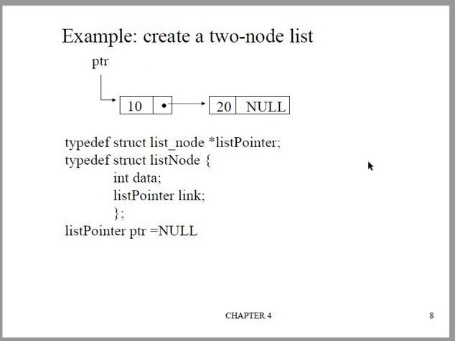Now, if you want to create two nodes, in the first node you want to store 10, in the second node you want to store 20, and the link of node 10 should point to node 20. After node 20 there are no other nodes, so the link should be null for the second node, and the first pointer should point to the beginning node, here node 10. As you know, the node will have two fields, one is the data field and the other is the link field. Here the data field is integer.